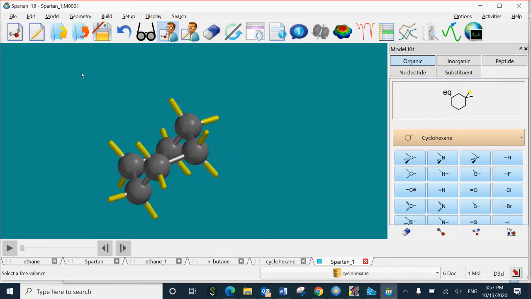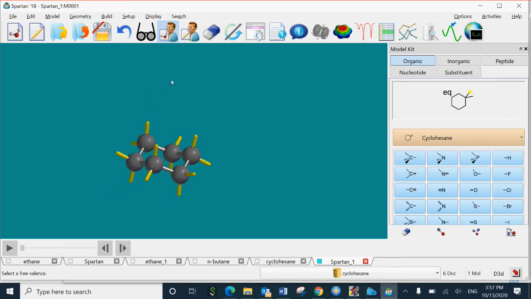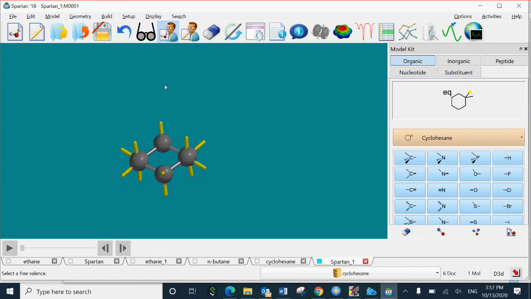So we have the cyclohexane on the main window. Now you need to orient this molecule in this fashion. You may need some practice to orient it this way.